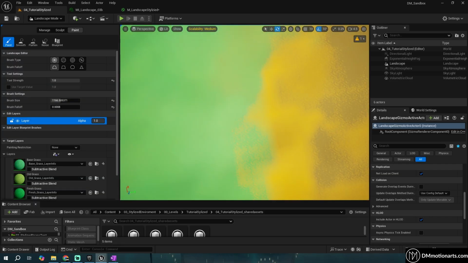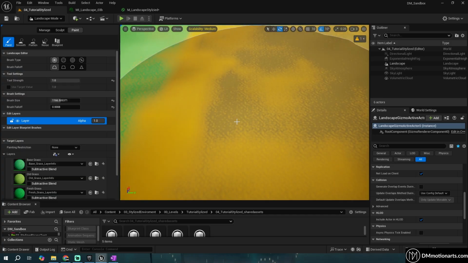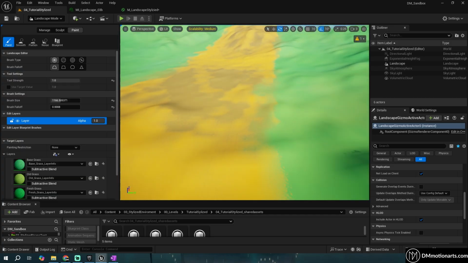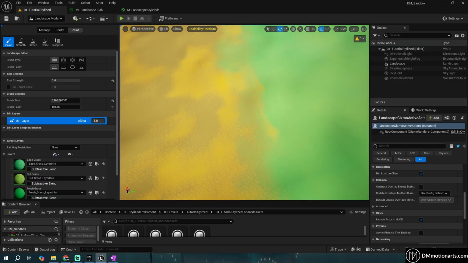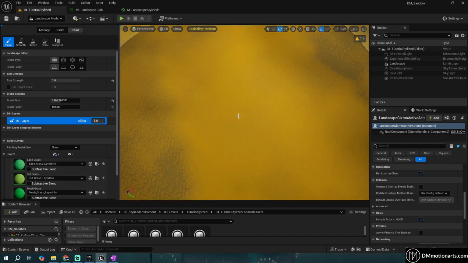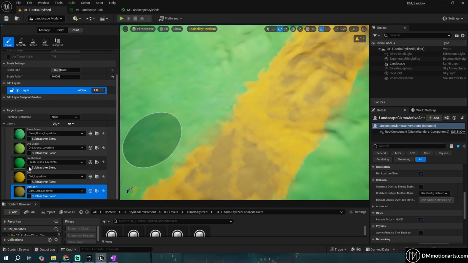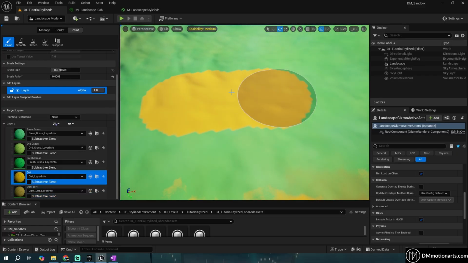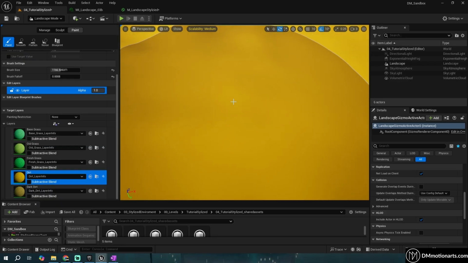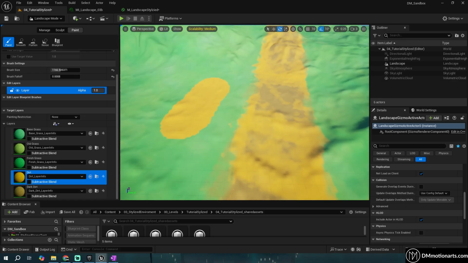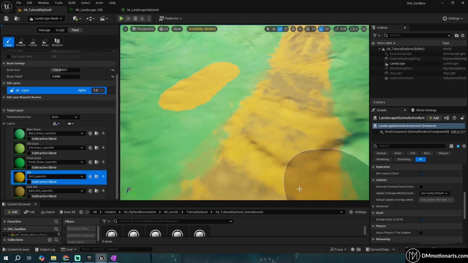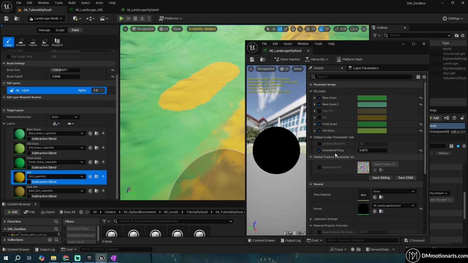If we go really close, you could see there's a noise texture that we just applied at the edge of this, or around here too. So wherever the dirt texture connects with another texture, there is this noise blending. It actually applies to the whole texture, I think. Yep, you could see it actually applies to the whole texture like this. So if we were just painting dirt around here, you will not be able to see it in between, but you will be able to see it wherever there is a connection between two textures like this. But what we still need to do is go into our material instance,